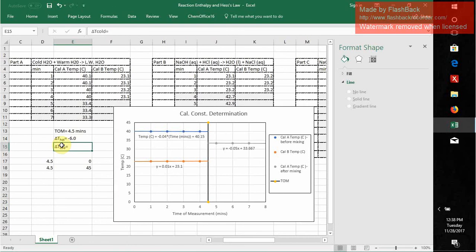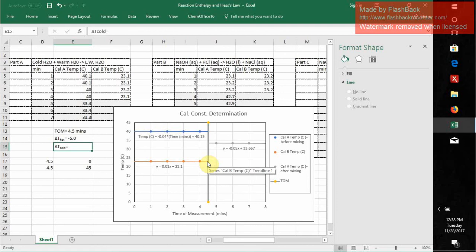Because we always take final minus initial when we do a delta T. So I'm going to say this temperature again, we're going to use the same one, is 34.0. And this temperature right here, we're going to take it as 23.1. I'm getting that really from here, right? So 34.0 minus 23.1 is going to be,